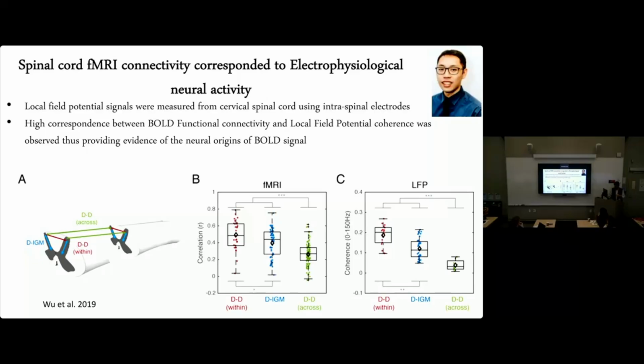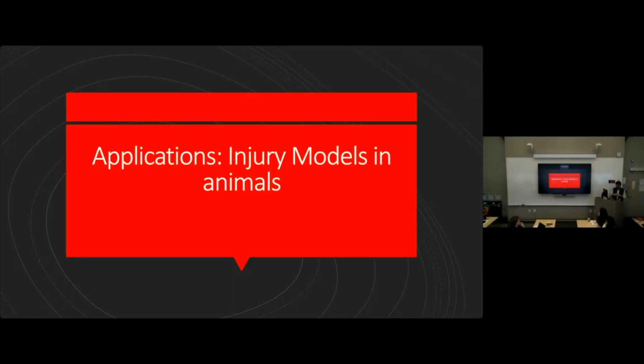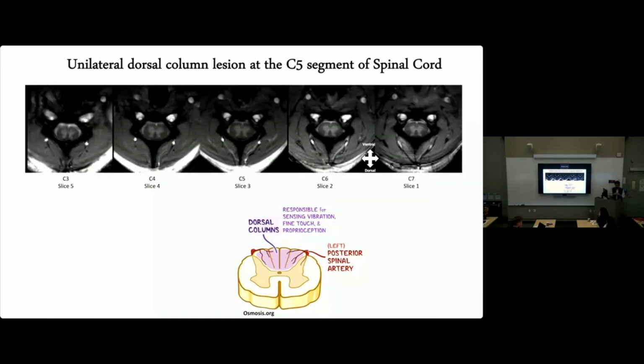So with these findings, I would move to the last part of my talk, which is on injury models in animals. We started with a dorsal column lesion model, which is well documented in the animal literature. So what we did is that we had a transection of the dorsal column tract at the C5 segment of the spinal cord using scissors, basically fine scissors, and